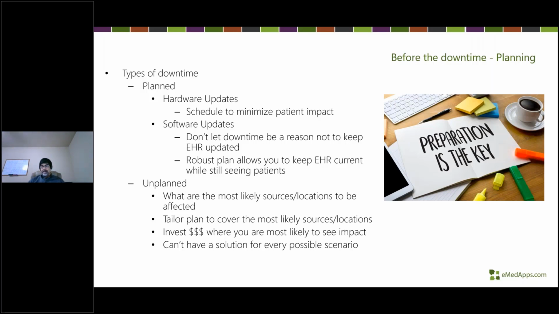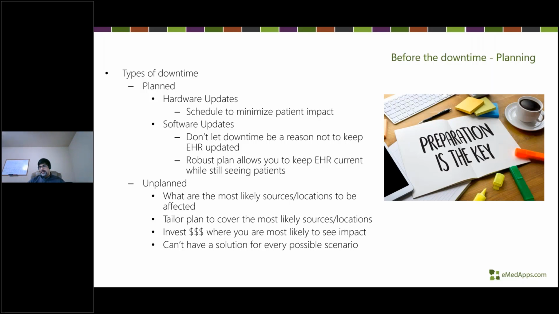whether that's for systems that are hosted by yourself in your data center, or if you're using a third-party hosting vendor to host those products, and they need to go through some hardware updates. It is going to happen. It is part of having a viable system to keep it updated, to keep things functioning properly. So here, the key factor to realize is you're in control of that schedule.